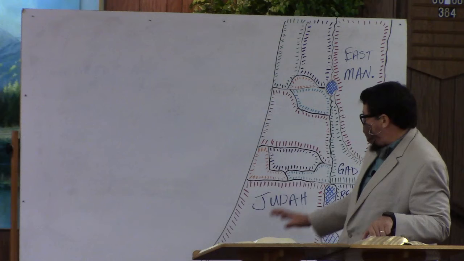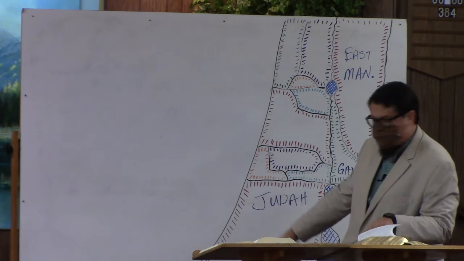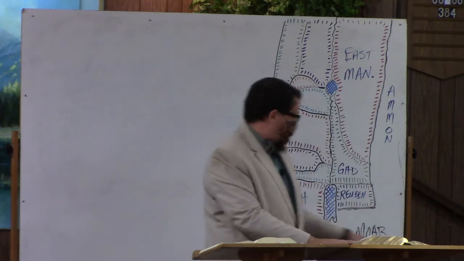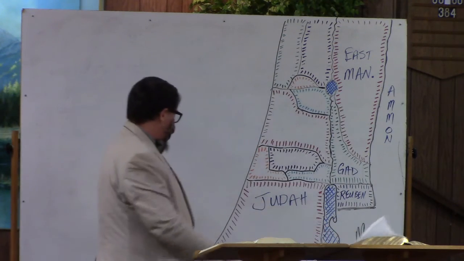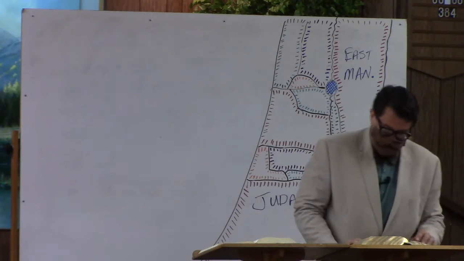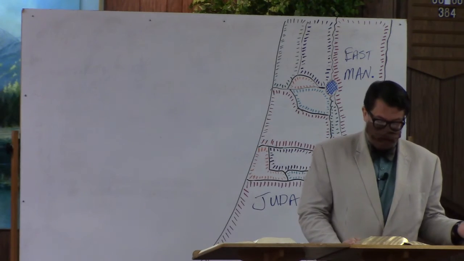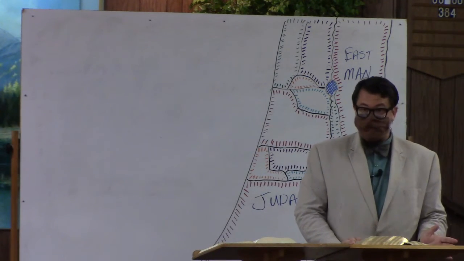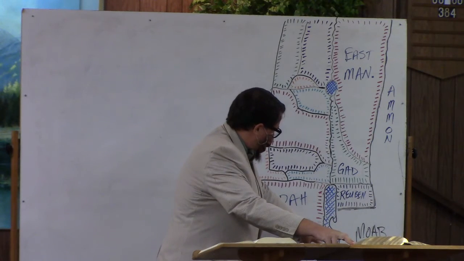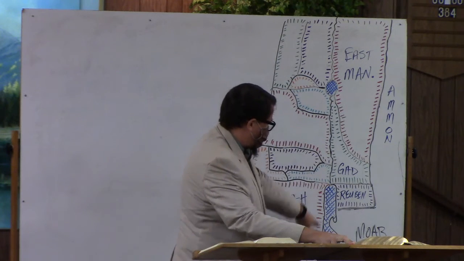All right, so the southern border of Judah is basically desert, it's wilderness, and it runs from the Red Sea on the east to the Mediterranean Sea on the west. Let's see. The east boundary is the Salt Sea to the mouth of the Jordan. All right, so that boundary is really easy. You just go from the bottom of the Dead Sea up to the top of the Dead Sea, and that's Judah's eastern border.